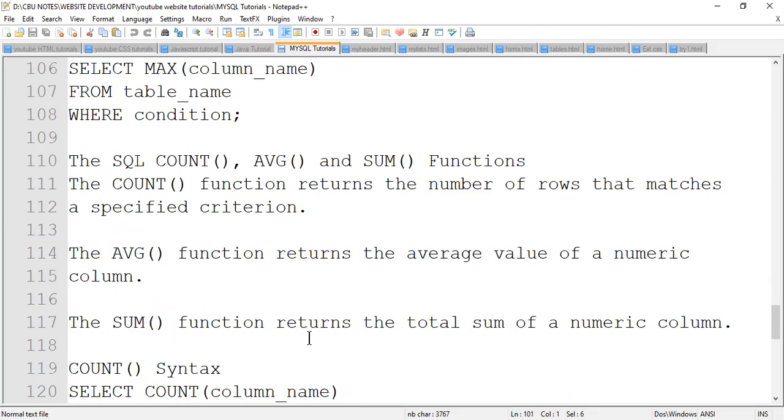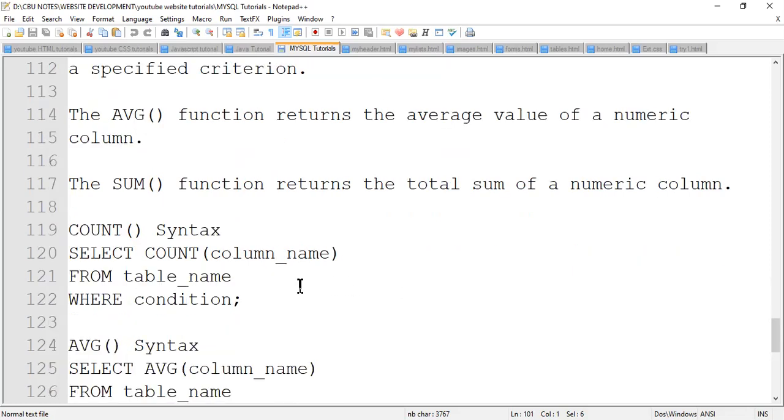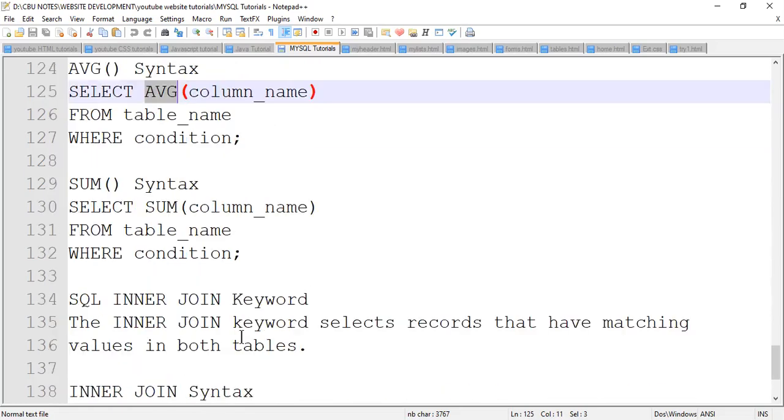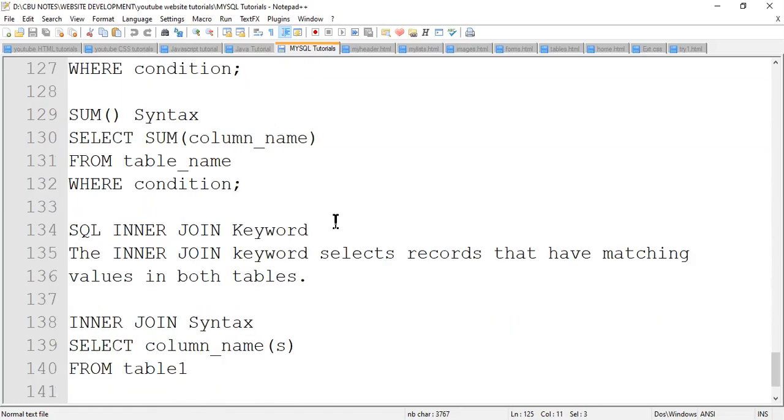And then the SUM, as we know it, returns the total sum of the numeric values. As the name suggests, it's a function of addition. So again, as I said, all these aggregation methods, including the AVG, must be used in the SELECT clause. Right. So now let's talk about